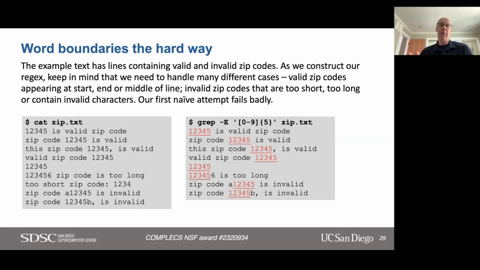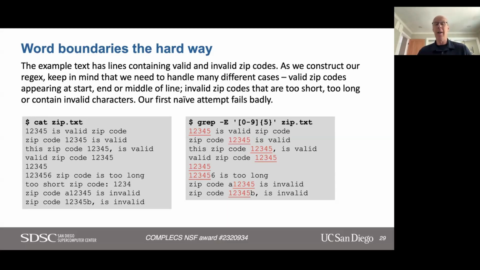So this looks like it should be straightforward. We're just going to write our regular expression. It's going to be exactly 5 digits. So we have our 0 through 9 in the square brackets, meaning that we're looking for a digit, followed by 5 in curly braces. And we pick up all of the valid zip codes, those first 5 lines. We filter out the zip code that's too short, but you see we have 2 that are incorrect. Sorry, 3 that are incorrect. We pick up the line,